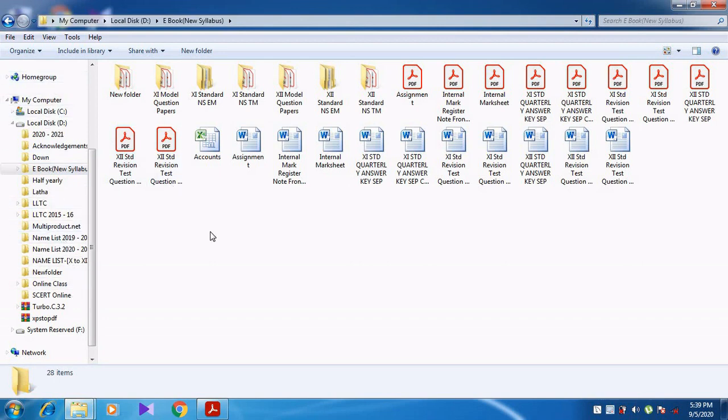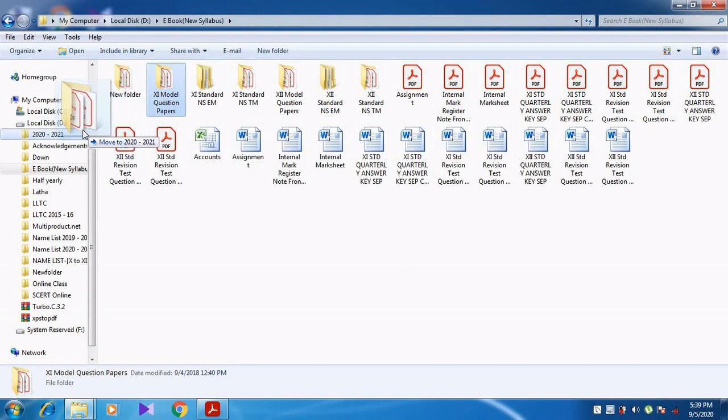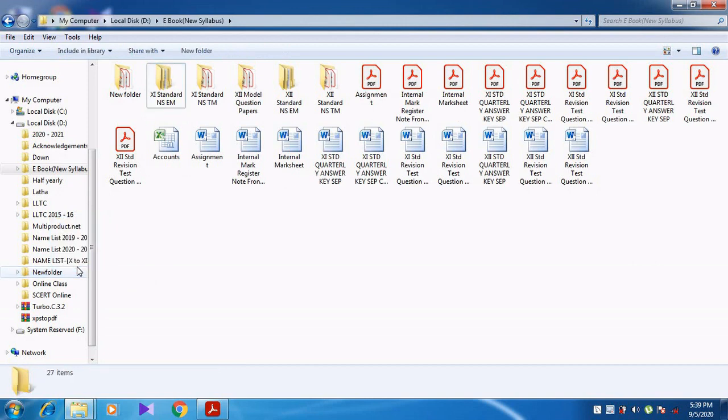Now I am going to drag and drop. Select the folder, then hold the left mouse button and move the mouse. Now you can see the folder is dragged, and wherever you want you can move it. Can you see the folder? For example, I am going to move it to the new folder. When I release the left mouse button,